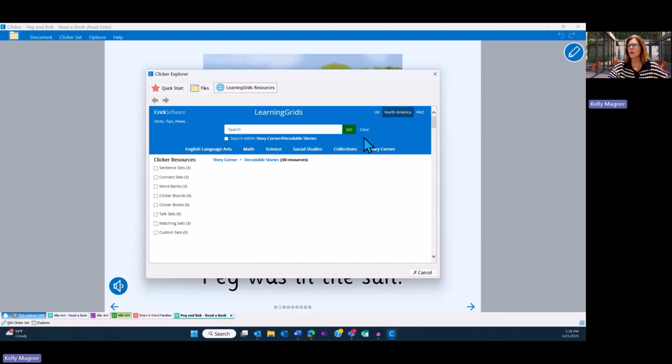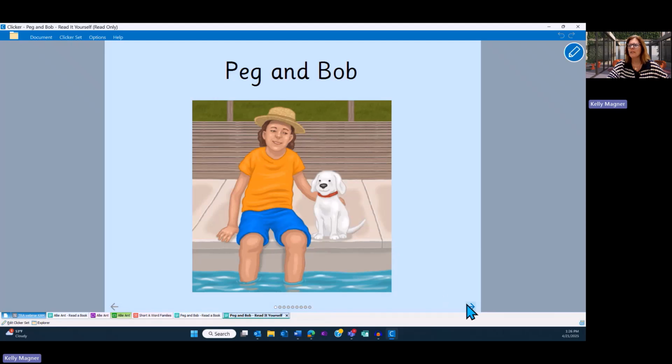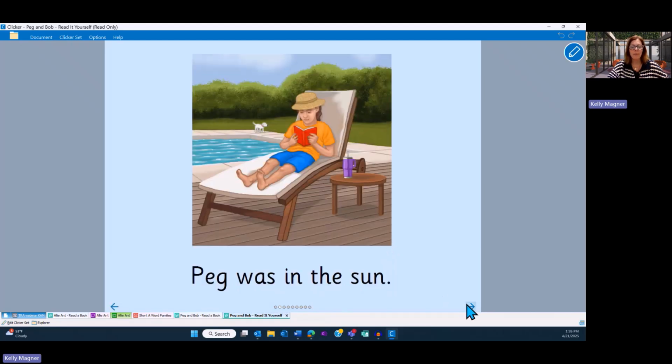So going to that Story Corner tab, we're already in there. We can look at this read it yourself book. You'll notice that the speaker icon is no longer there. This book has the same text, but now encourages students to read more independently. We can still select individual words if we were stuck, and we can also go into the Edit Clicker Set tab,